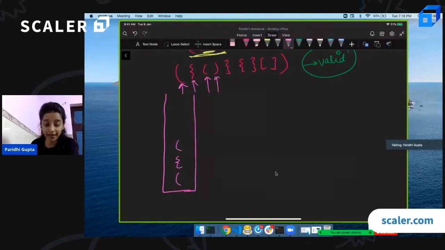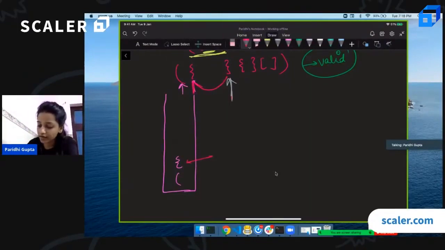This is a closing bracket. Was there an opening bracket for this? Yes. Where can I see it? I can see it on top of the stack. If there is a corresponding match for this closing bracket, then I can simply pop it off. Next, here, this is a closing bracket. Does this have a match? And see how nicely we have removed whatever was in between. We have removed it, and now we are actually comparing this. Where can we find it?